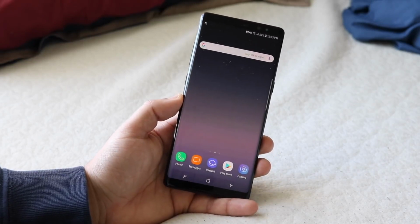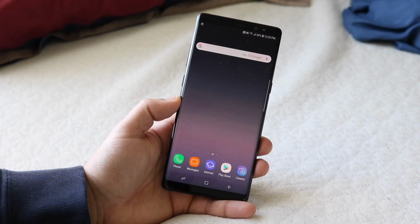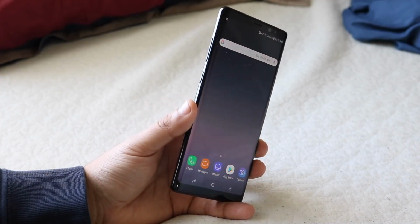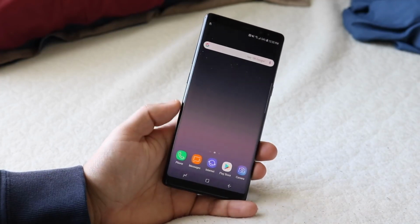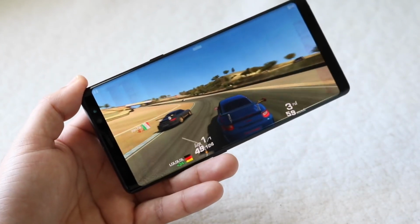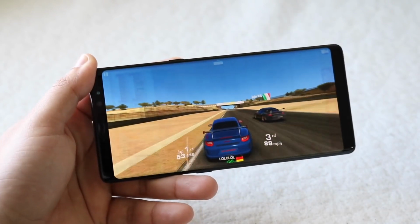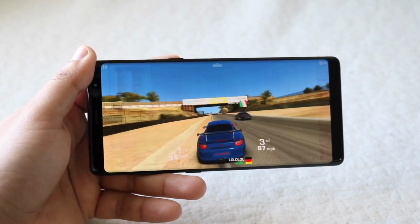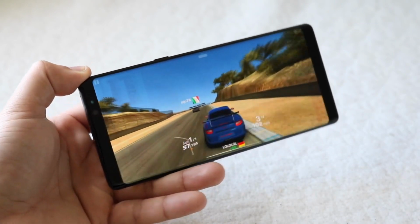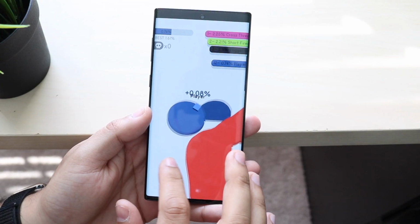So that kind of covers everything I want to talk about in terms of software and the outside of these phones. Now let's go ahead and talk about the power of both of them, and this is pretty much how I'll sum it down. I'll just tell you the specs of both of them, and I'll break down the speed and everything between them as well. So the Samsung Galaxy Note 8 has a Qualcomm Snapdragon 835 chipset, an octa-core CPU, an Adreno 540 GPU, and 6 gigs of RAM, where the Samsung Galaxy Note 10 has a Qualcomm Snapdragon 855 chipset,